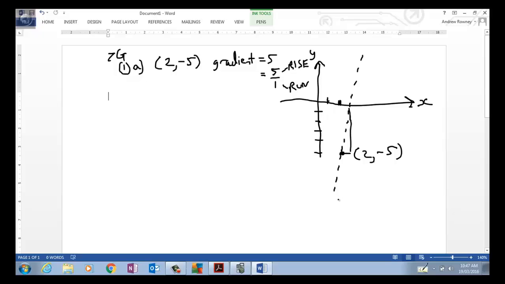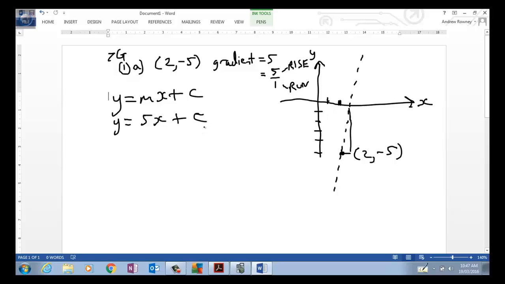Now how do we get the equation of that line? You write it like this: y equals mx plus c. Now the m is the gradient, so we really say y equals 5x plus c. The m is always the gradient or the slope. The only thing we need to find now is the c value, and the c value is where it cuts